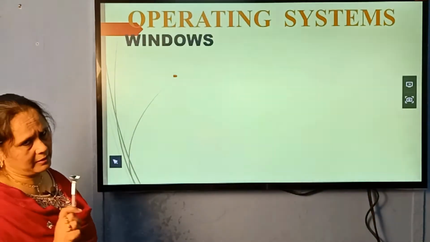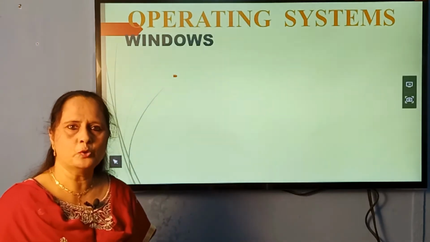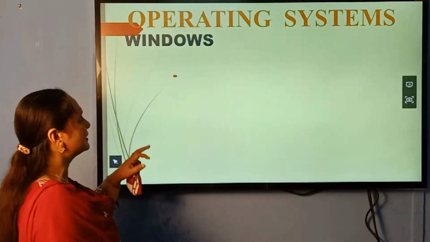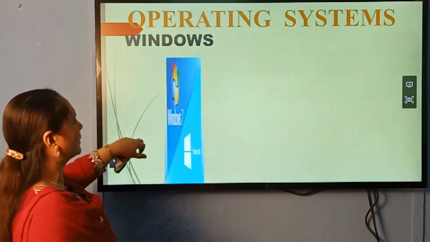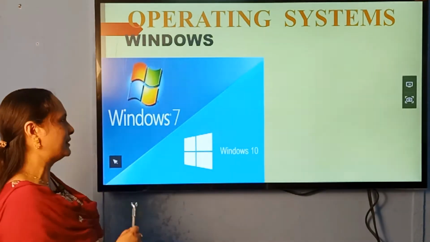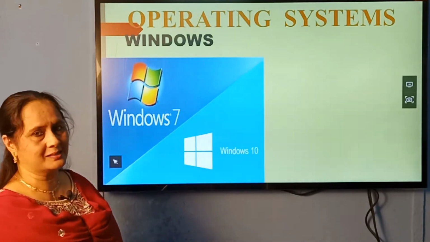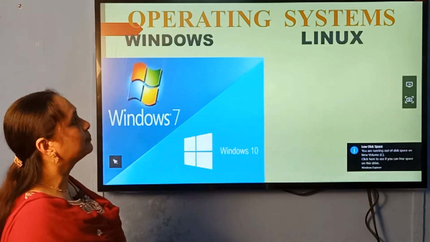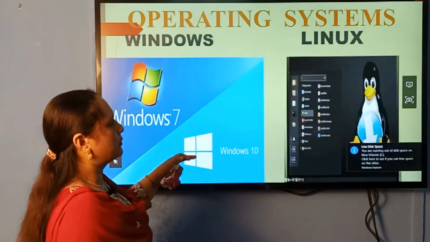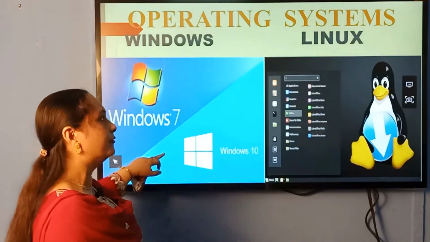a very important thing in the computer, the operating system. Actually, most people use two operating systems. One is Windows. You can see how Windows looks on your computer. Most of you would have seen this, isn't it? It is created by the Microsoft company. It is a paid version. Another one is Linux. You could have seen it like this, and this is open source and a free version.